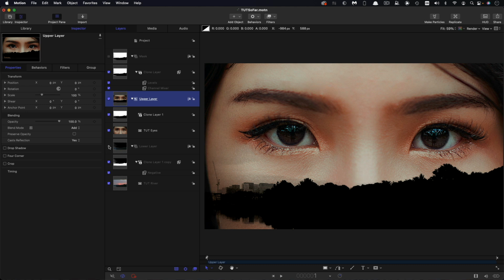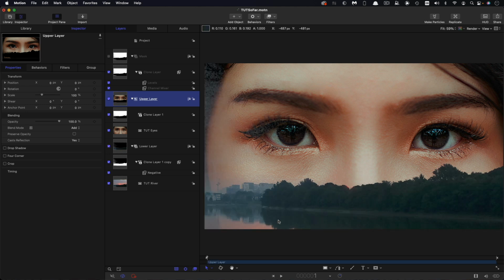And when we add those two together, what we get is a perfect composite where the pixel values of each image are being retained, because what we're suppressing in one image is being allowed through in the other image and vice versa. So let's now talk about converting this into a Final Cut